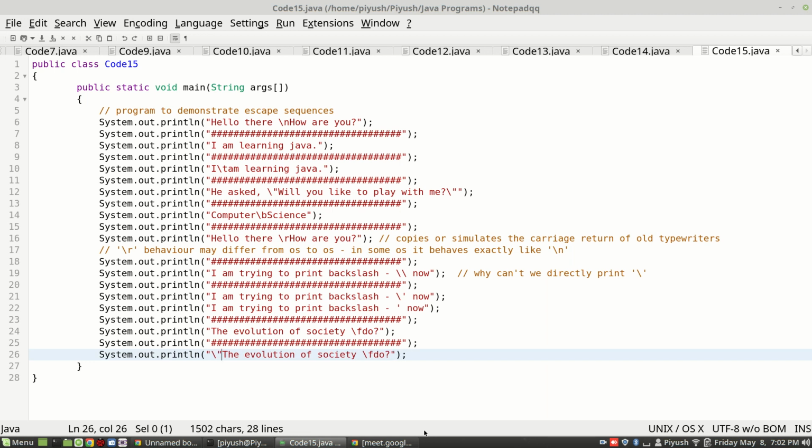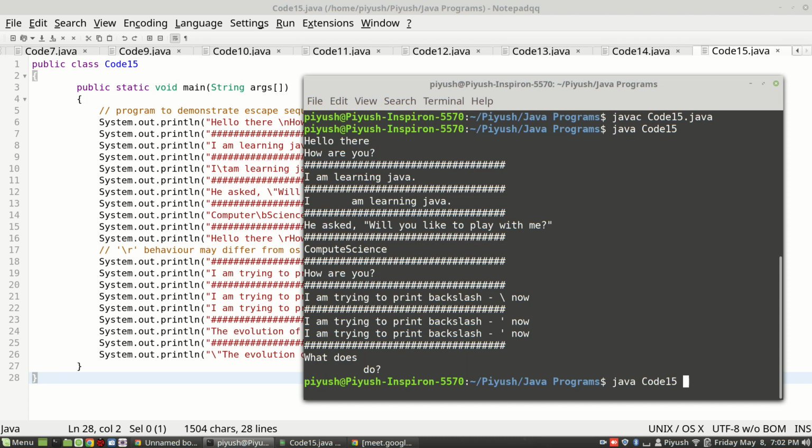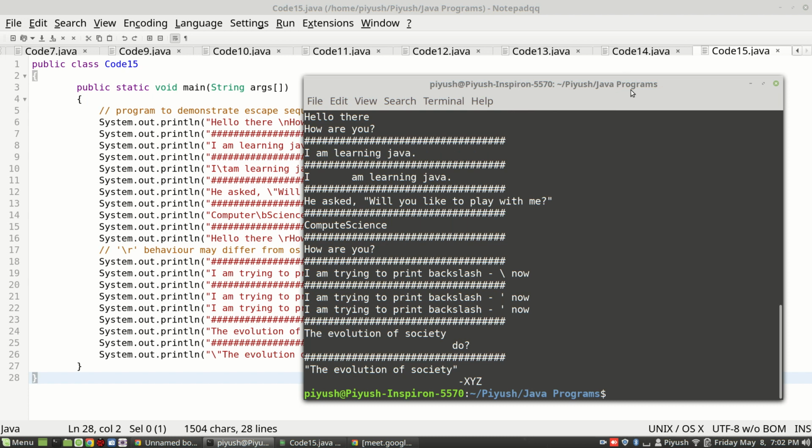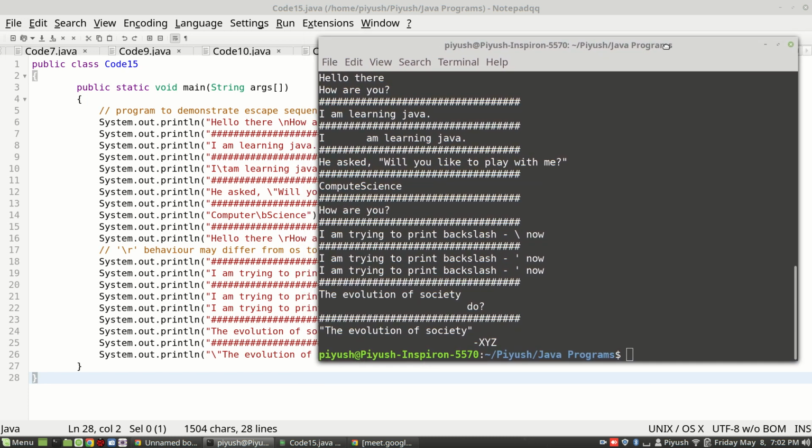So in the beginning, I'll print the starting quotes, then the ending quotes, and then you can write the next line, hyphen X, Y, Z. Let us see if that works. Great, it did.